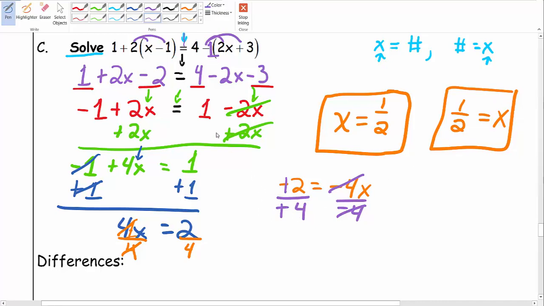So again, if you're balancing equations, you can do either side. It just really helps to keep your coefficient positive in front of that variable. Okay? And that way you don't have to worry about all these negatives and stuff. It's just a little math strategy. What are the differences? Well,